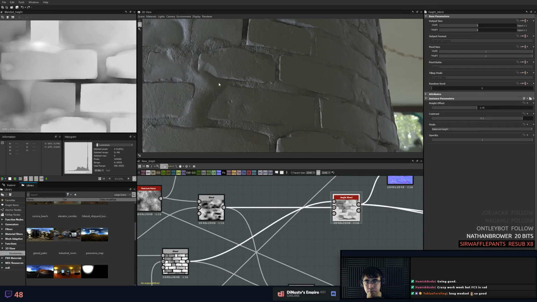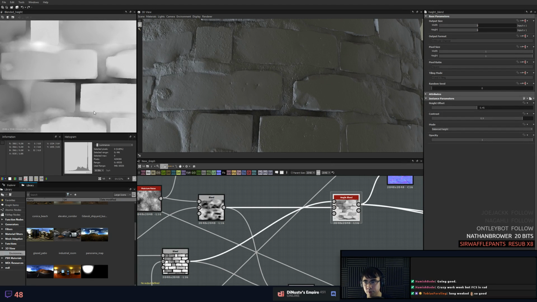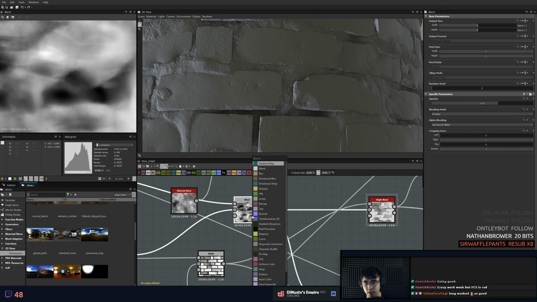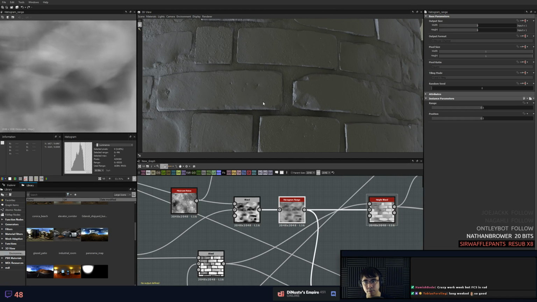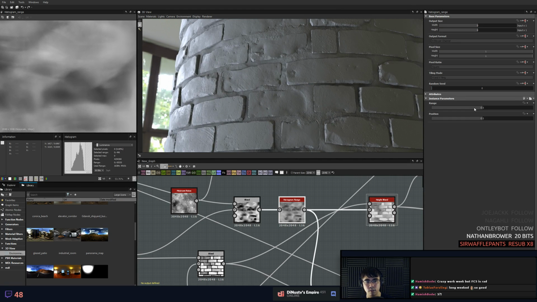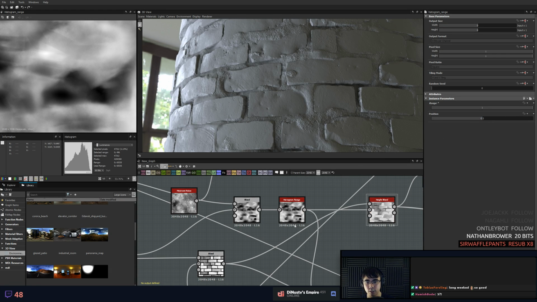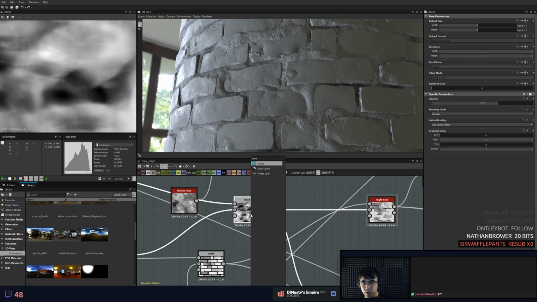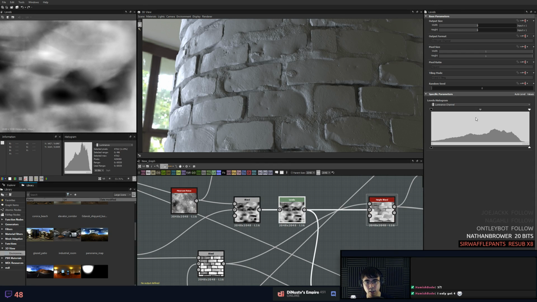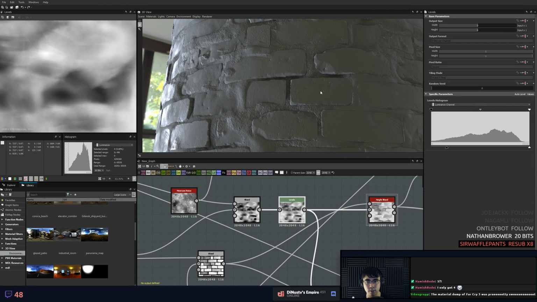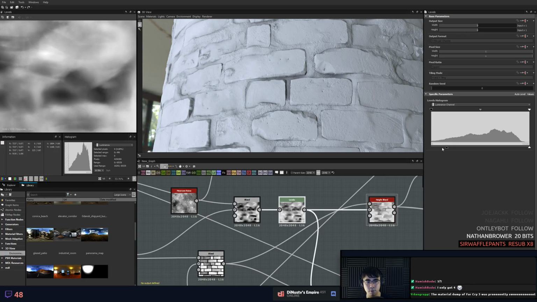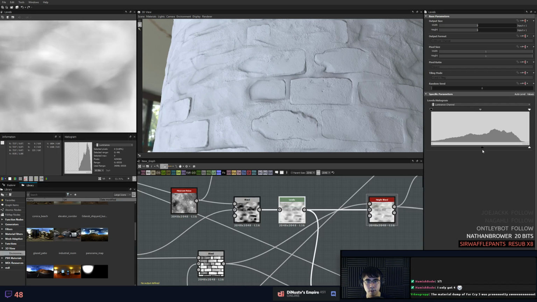Oh, see these deeper areas too? Because we've got the grout separated out, we can do a histogram range and flatten out. We can do full range. Actually, we don't want that. We want levels. So you can go into the levels and clip the lowest points. So you can see this low point here, and as you bring that up,